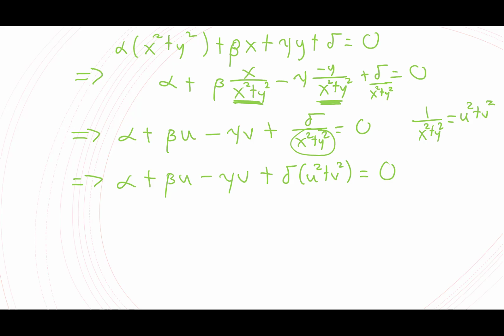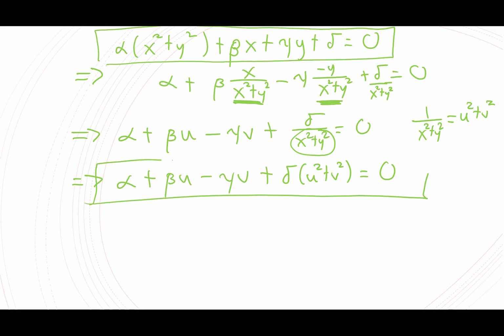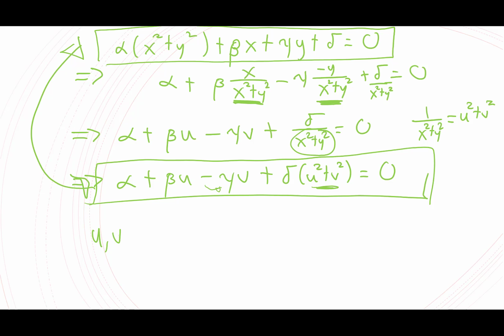So notice that this equation that we ended up with for u and v is exactly an equation of the form that we had up here. Delta and alpha sort of changed places a little bit. Beta and gamma are roughly the same thing, although we have to adjust gamma with this minus sign here. But in any case, it's essentially the same equation. And what does that mean for us? That means that u and v are sitting on either a line or a circle. And that's exactly what we wanted to show.